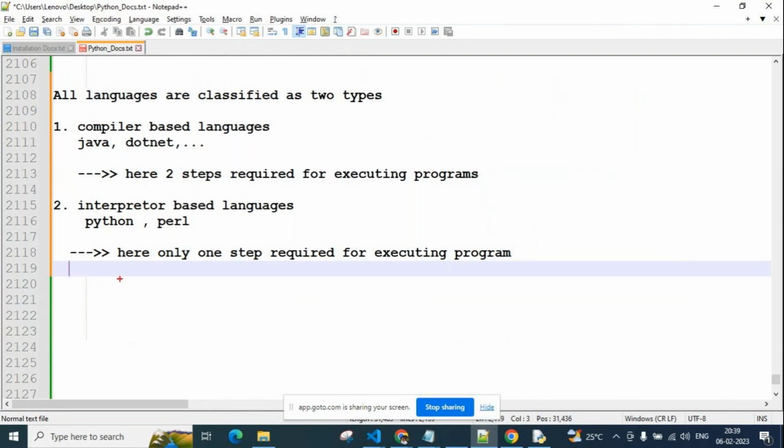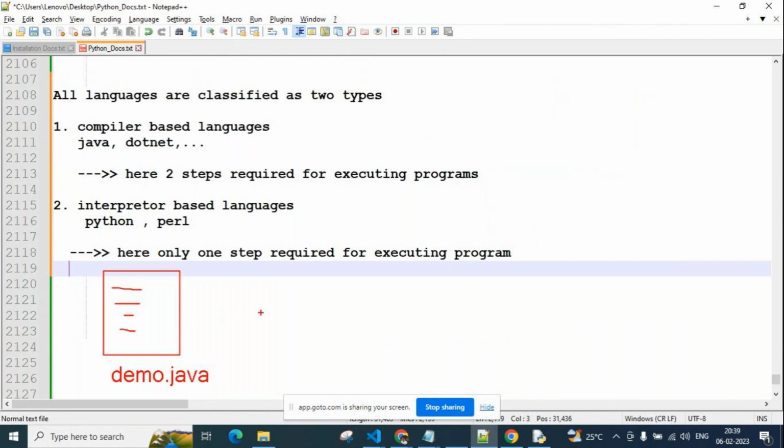Okay? So for understanding more easily, I'll tell one more thing in Java, guys. Here Java code is there, for example demo.java. This is high level code, normal Java format code.